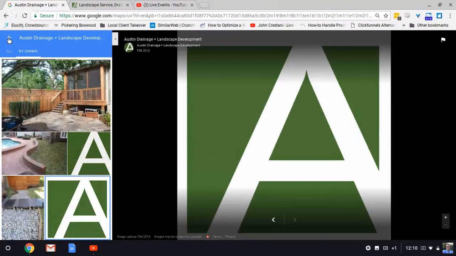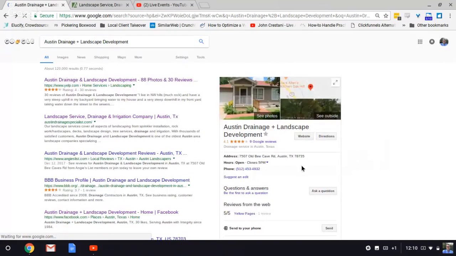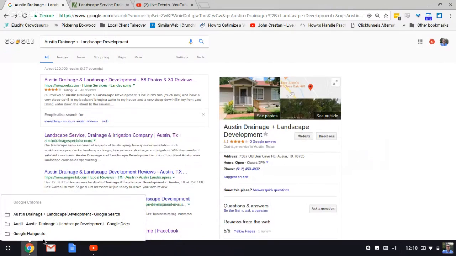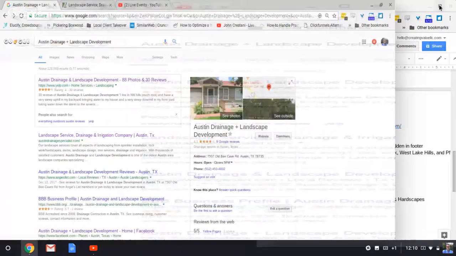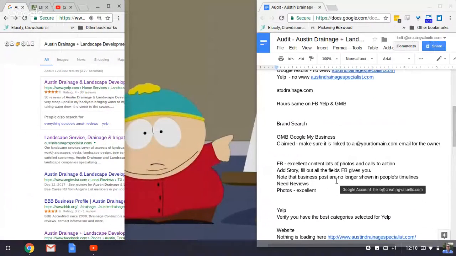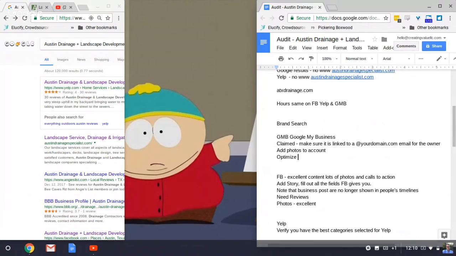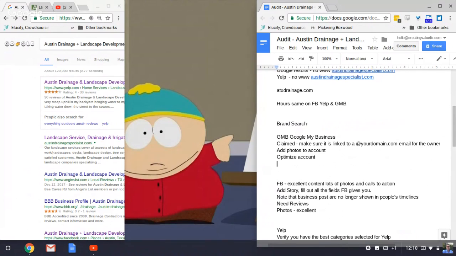Okay, so Google My Business needs to be optimized and photos added. Add photos to account. Optimize account.